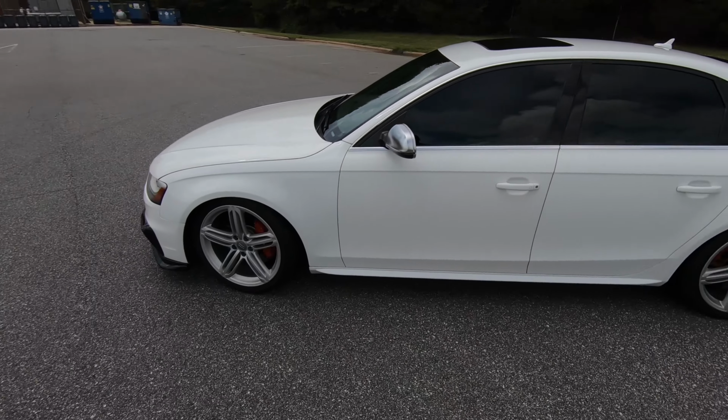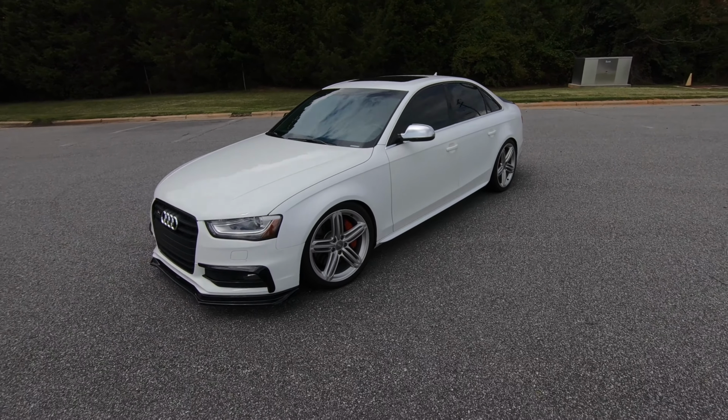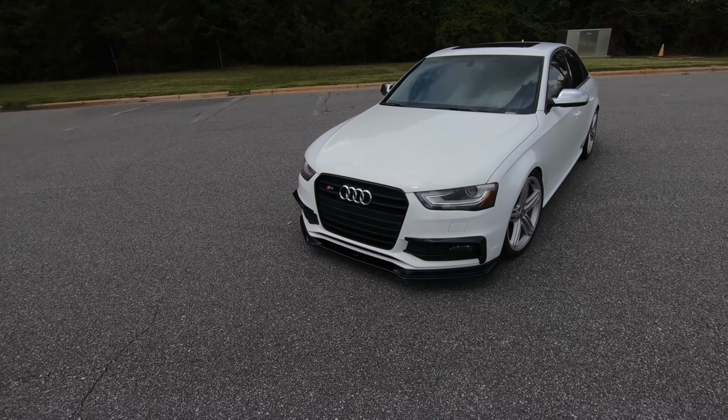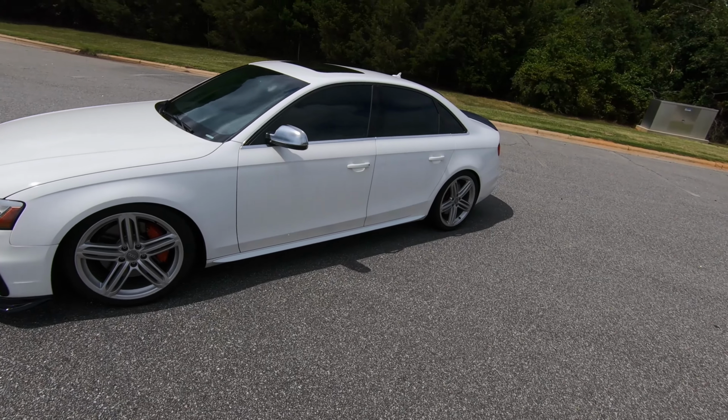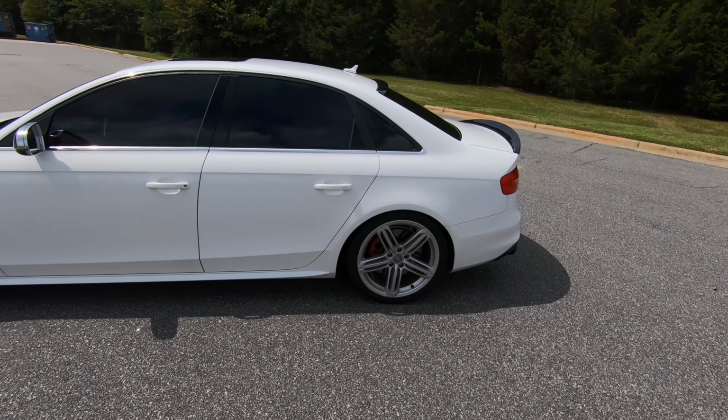This is my new car, my 2015 B8.5 Audi S4. And I'm gonna go over some of the things I like about it and some of the things I don't like about it so far. I've owned it for about 6 months now, and I actually bought it at 100,000 miles. I know that's a pretty bold thing to do, but